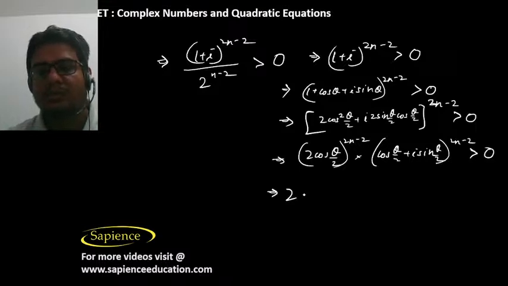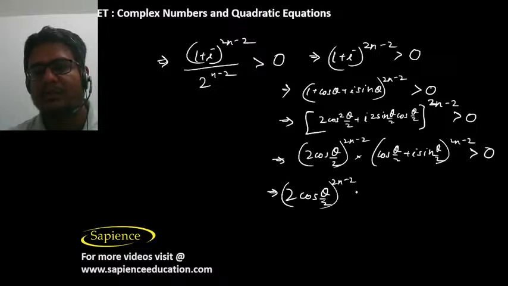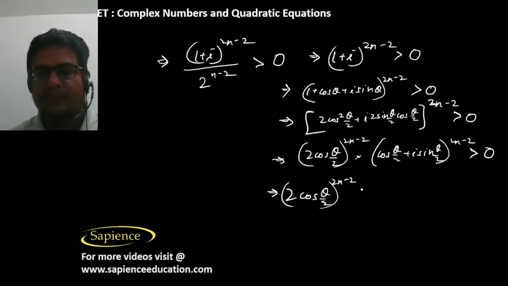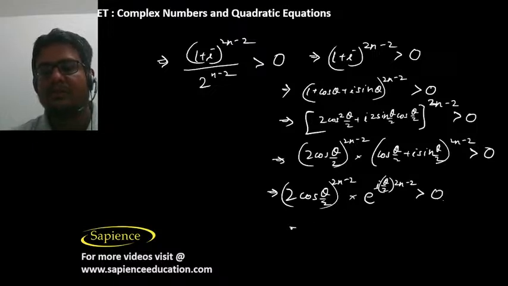So this will be (2 cos theta by 2) whole power 2n minus 2. This will be greater than 0 only, into this is e power i theta by 2 into 2n minus 2, should be greater than 0. It means that